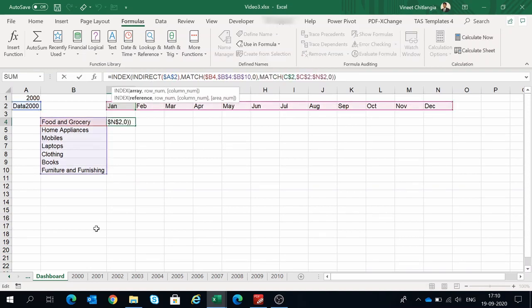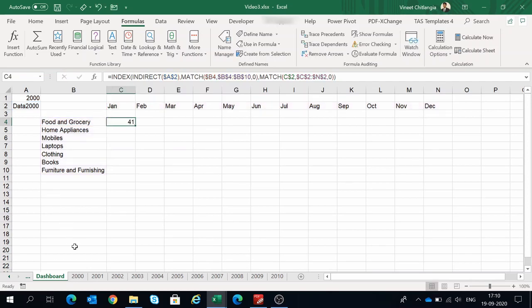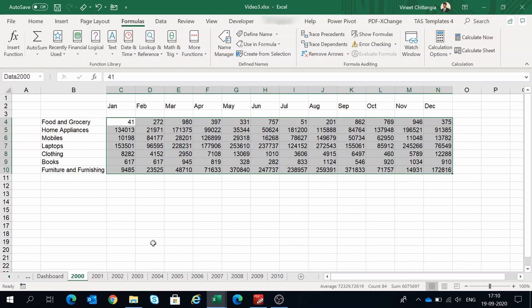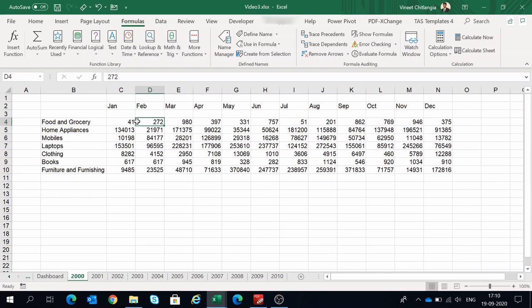The first parameter, that is data 2000, is nothing but this data present on the sheet 2000. And now we want to access each and every element of this data, and we can do it with the help of row numbers and column numbers.